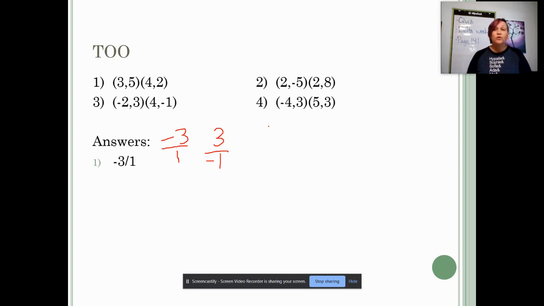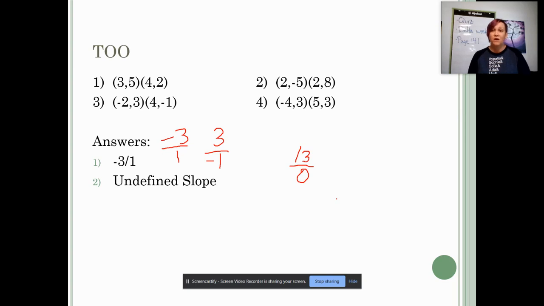For question 2, my final answer is undefined slope. We talked about this during our live session today. For question 2, I got the fraction 13 over 0. And in our live session today, we said if you get a 0 underneath the fraction bar, that problem has